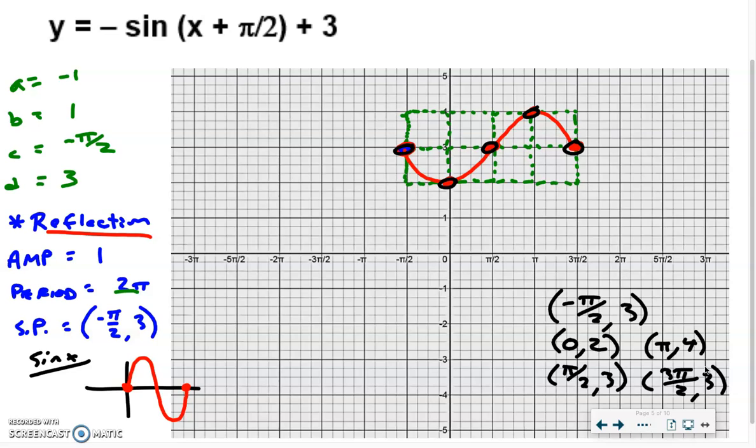Now, what about domain and range? Okay, domain and range. Not so much that that's going to factor in, but do we agree that for all these sine and cosine curves, the domain is going to be infinite, from negative to positive infinity? The range is just the